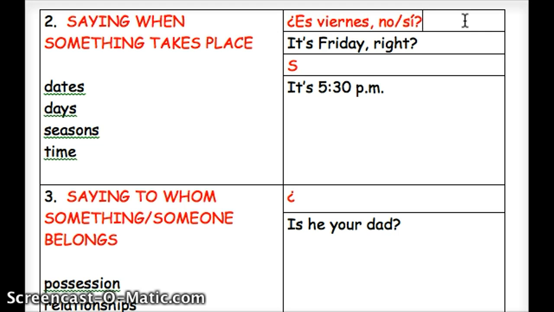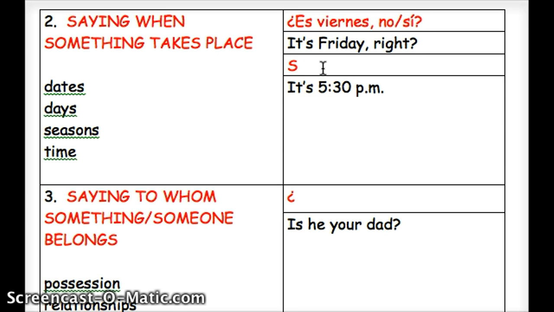Sometimes teachers will explain the differences between ser and estar as ser is all talking about things that are permanent and estar is talking about things that are temporary. That analogy doesn't work for everything though. It doesn't quite work, especially when you talk about the date and the day and the season. Because if you look at it as permanent and temporary, you're like, well, the date is changing every day. From minute to minute it changes, so why would you use a form of ser? So forget that temporary permanent analogy and instead think of when it's something that takes place, you need a form